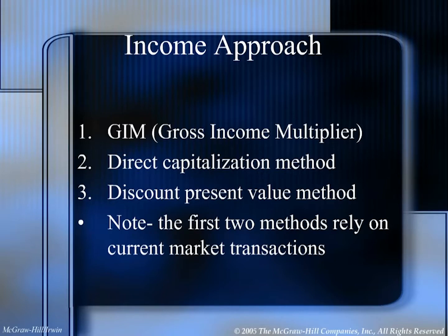Okay? So in both these cases, we're doing them as some kind of a multiple of either, in the first case, the gross income multiplier, or in the second case, with the direct capitalization, some multiplier of the NOI, the net operating income. Okay. So we're going to look at properties that are similar, that have sold in the past, and say, how many times their gross income did they sell for? And then use that number we come up with on our current gross income. And with the direct capitalization model, we're going to do a similar approach, coming up with a cap rate based off NOI and the actual sales price.